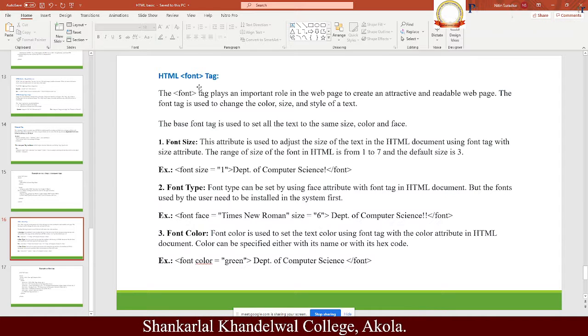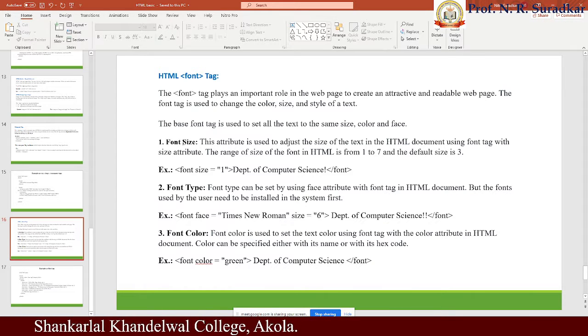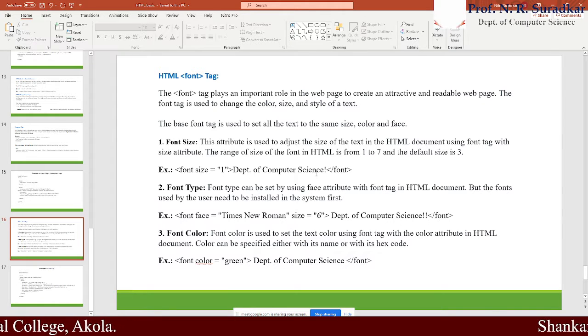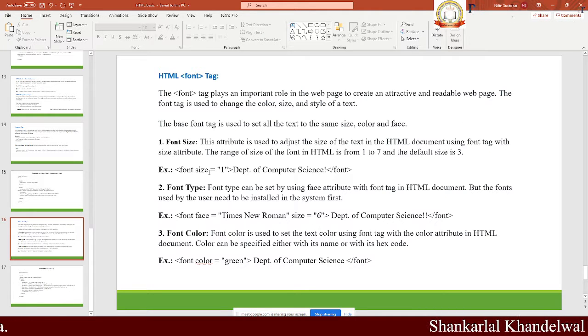Okay, the first font tag effect is font size. If you want to change the size of a font, then we should use font size 1 as a value, and Department of Computer Science as the text on which we applied the font size effect.